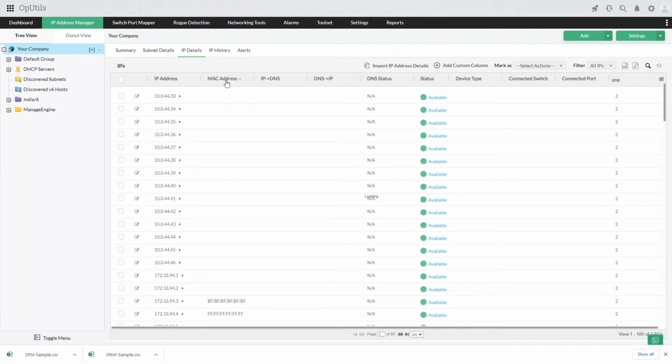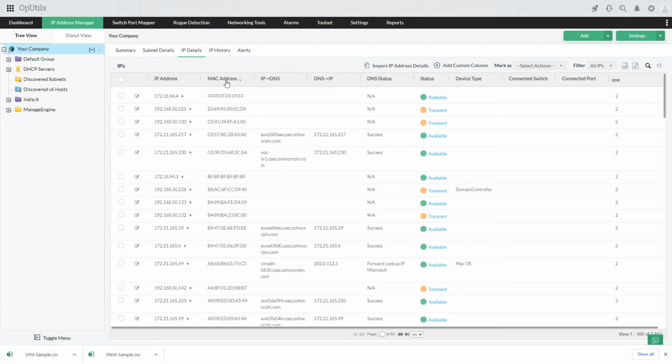And when we talk about the IP details, for example, what more information can I get in terms of IP addresses from the subnets directly? So the information or the data which the product is going to show you is as follows. When we add a subnet and scan it regularly, we would be able to get all this vital information, which is going to be critical when it comes to our network management and the usage statistics about our environment. As a network administrator or a sysadmin, I'll be required to know which IP is assigned to which device, what's the MAC address of that particular device, how it's connected, from which particular port, from which switch, what's the availability statistics, and all that information